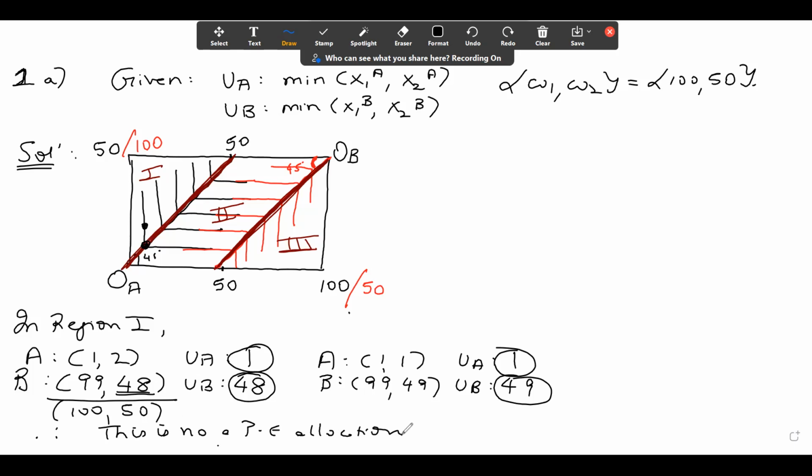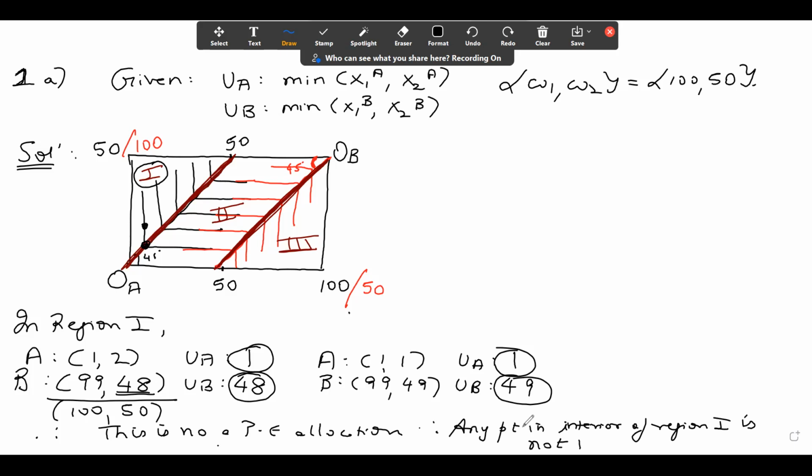I can say that any point in region 1 is not Pareto efficient. I can generalize this, or write it in a better way: any point in the interior of region 1